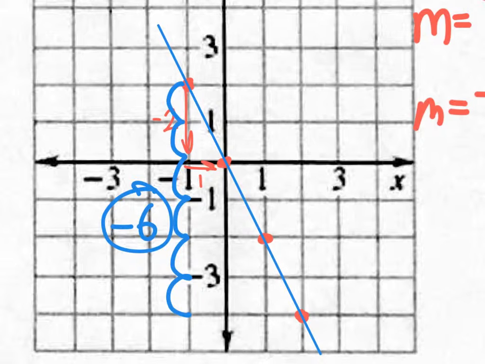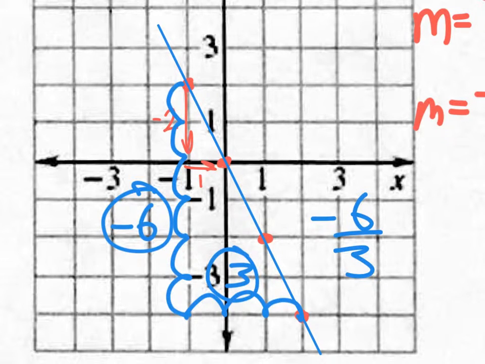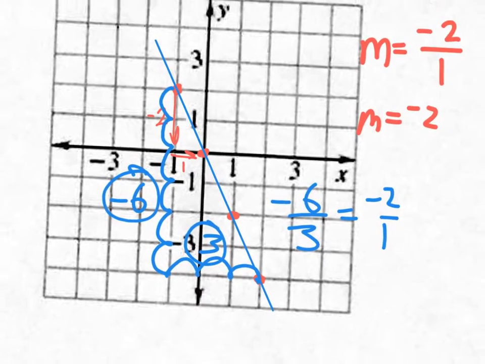So that's a -6 as my rise. And then I would have to run 1 unit, 2 units, 3 units. So that'd be a +3 as my run. -6 is my rise. I went down 6 and I went 3 over. So my slope would be -6/3. But that could be reduced, and if you reduce it, it'll become -2/1, which is the same thing we had